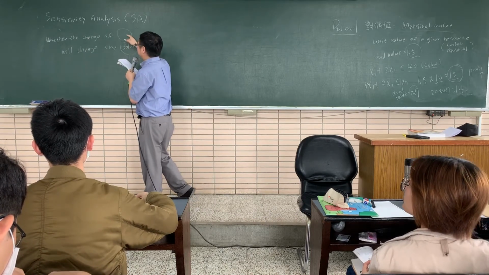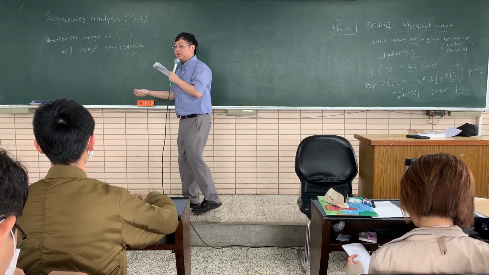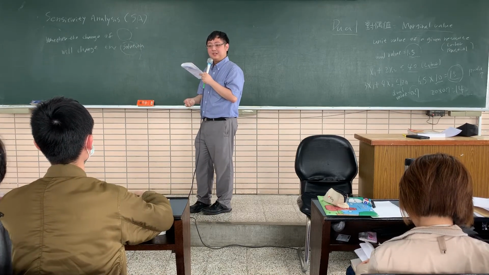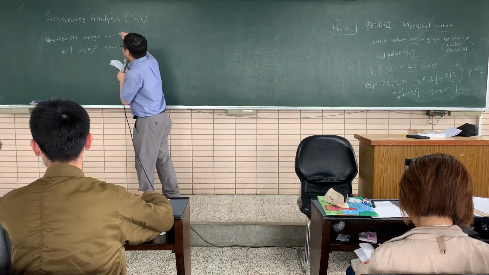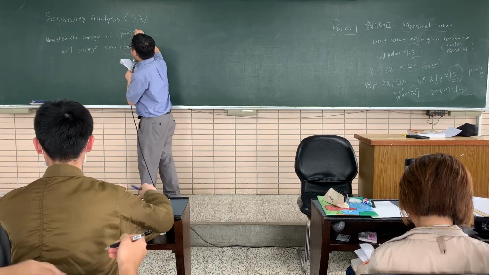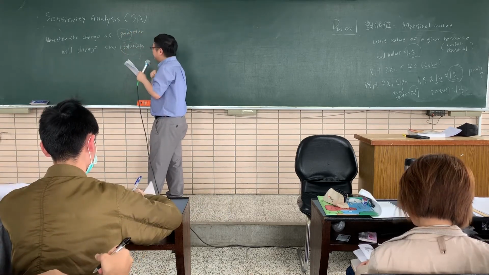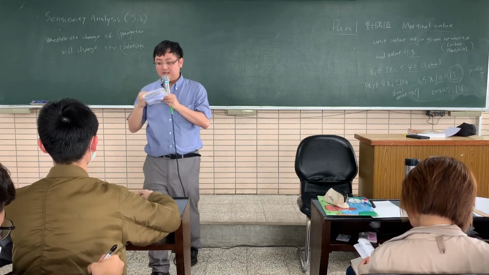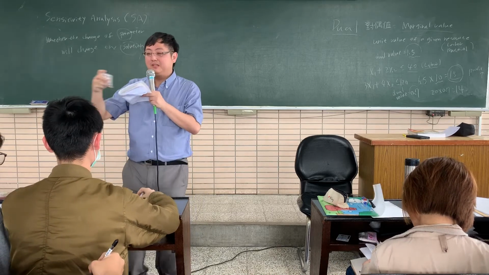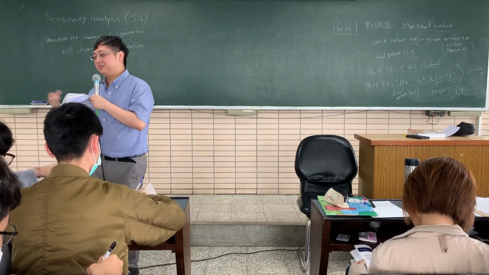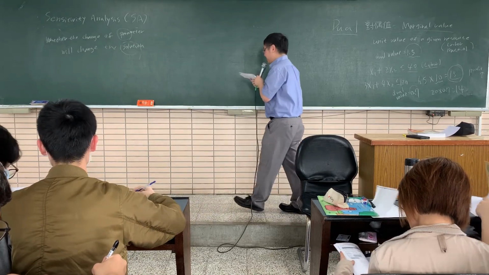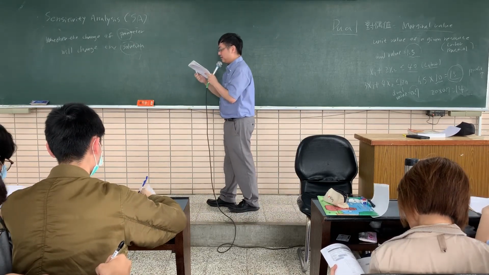What is it? It's the parameter. So the parameter definition is the value that is assumed to be unchanged. 就是原本假设不变的数。